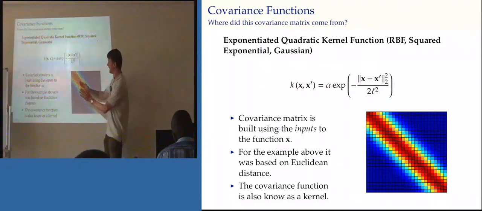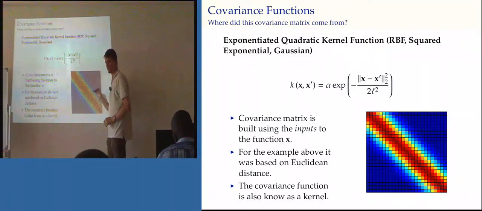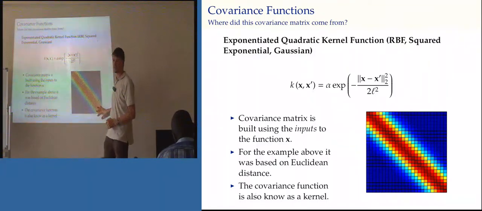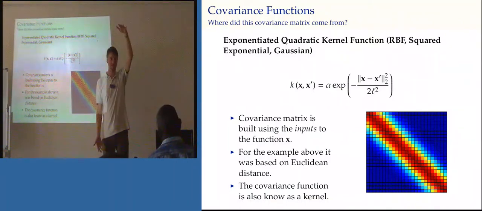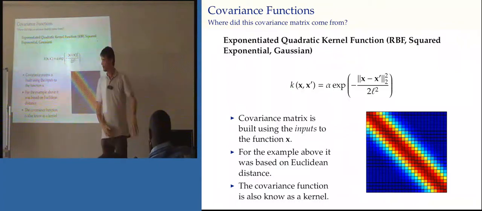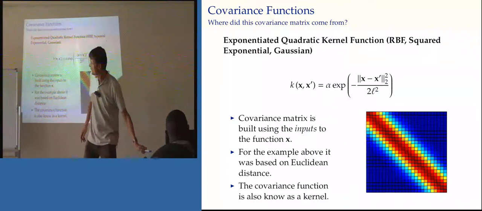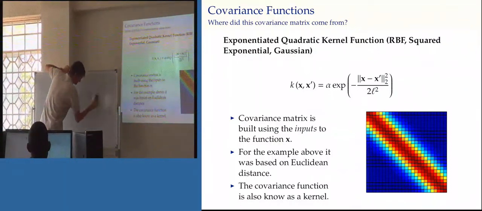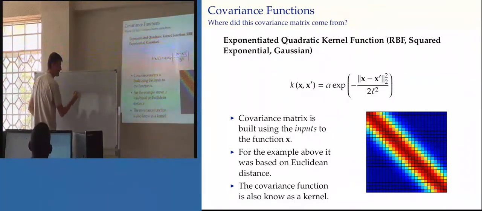If you think about it, if we look down on each point, this is the variance of the point within itself. Alpha gives us, for something like this, which is a stationary function, the overall scale of our function. So the square root of alpha is the standard deviation marginally. When I say marginally, I mean that before we plot the function, we can try to visualize what the function is going to look like by drawing the prior mean, which would be 0 if we have a 0 mean, and then the prior standard